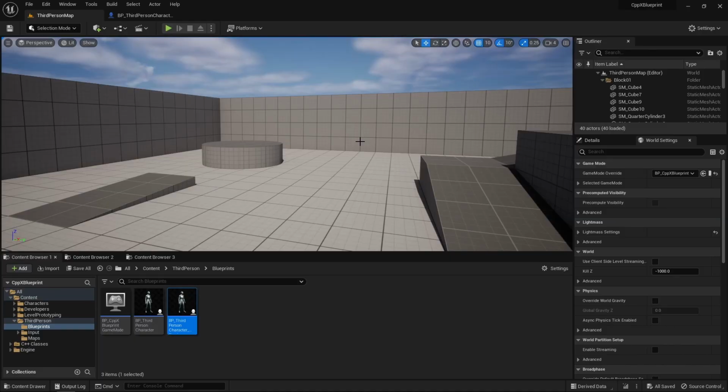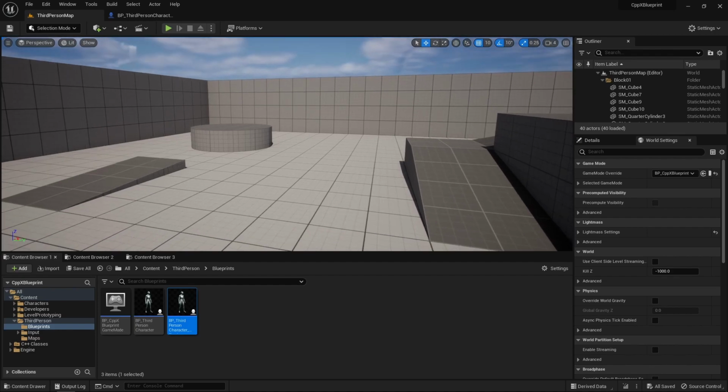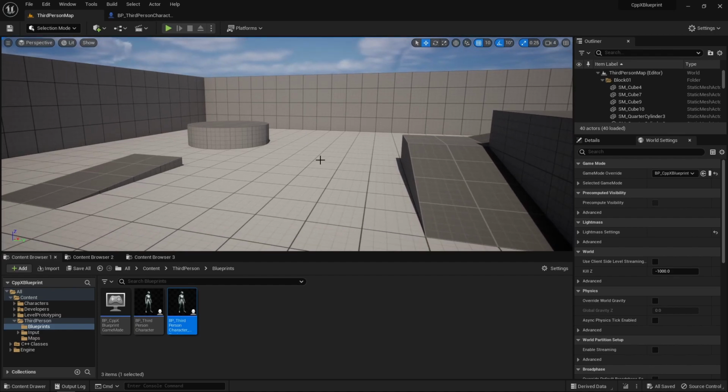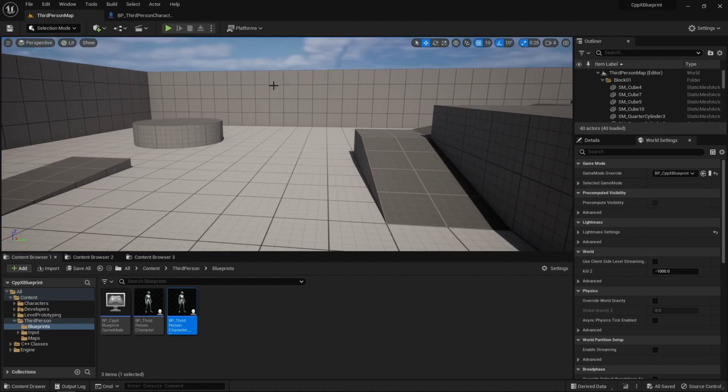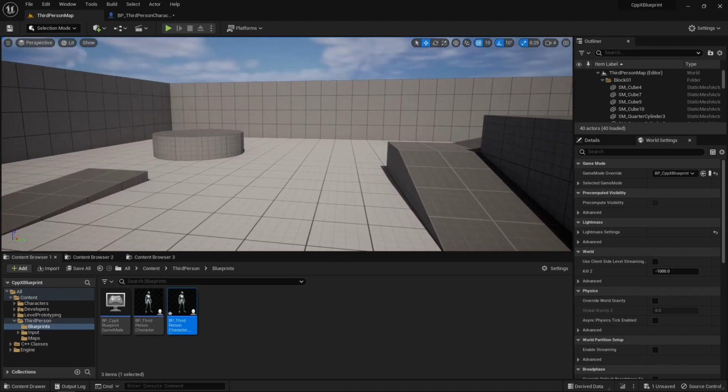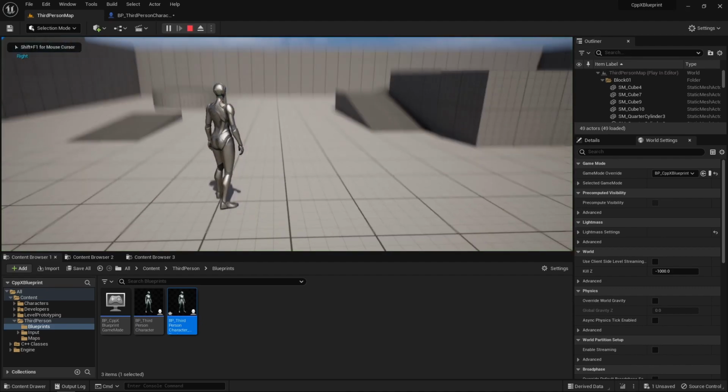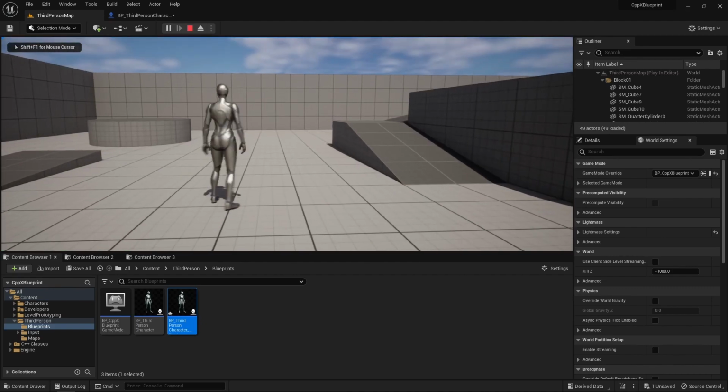Hey there, so today we're going to check out how to expose some C++ to Blueprint in Unreal Engine 5. Let's go. So we're inside Unreal Engine, and as an example to show how to expose some C++ to Blueprint, we are going to build a simple camera system where we are going to rotate and place the camera around the player. So for example, here the camera is placed on the right,